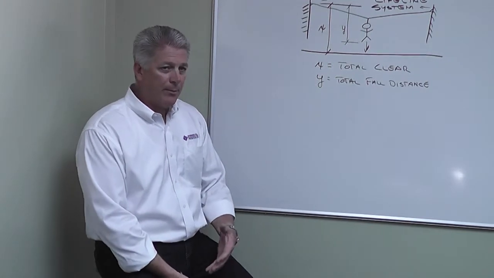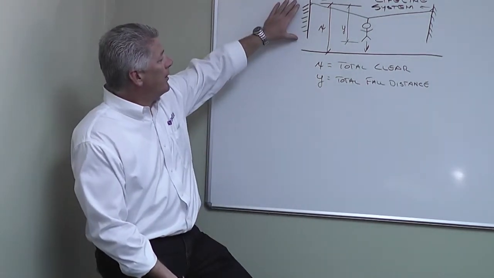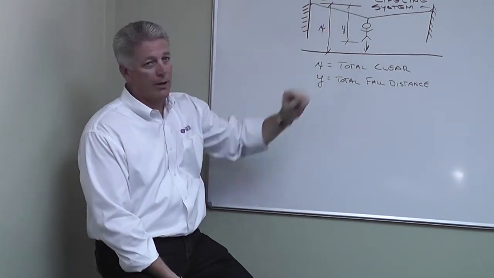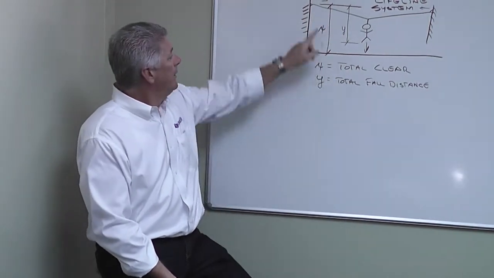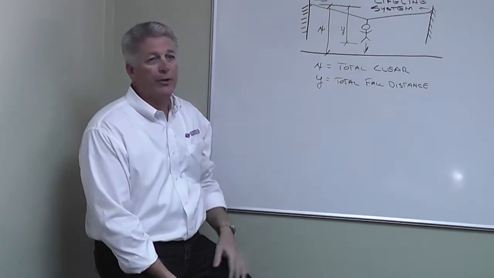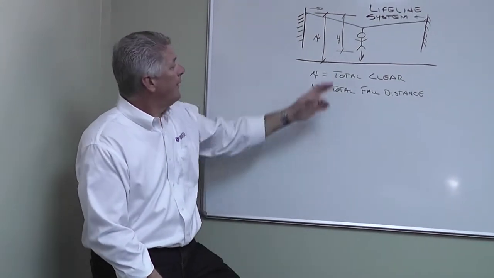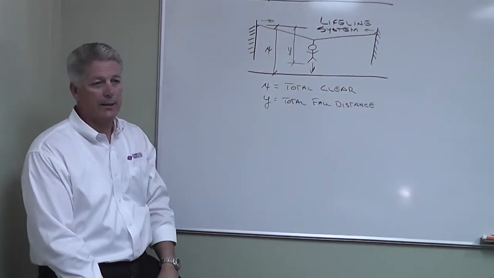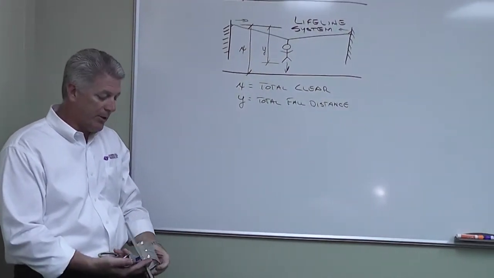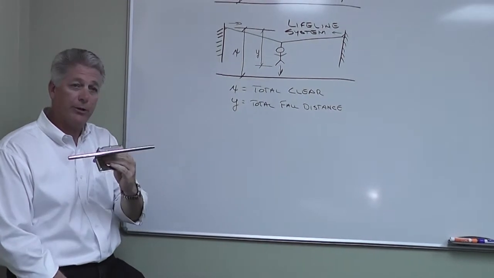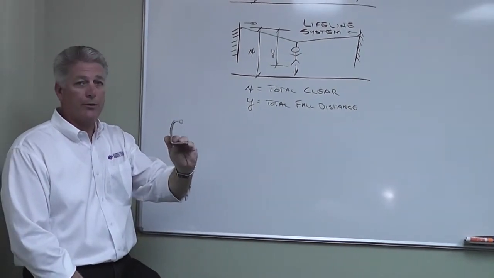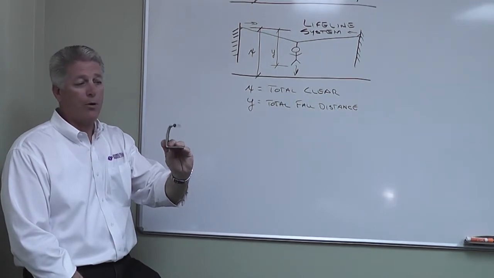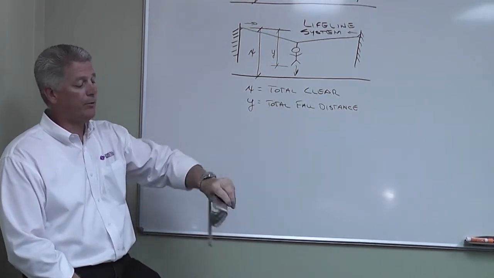One point I would like to make, on horizontal lifeline systems, you have multiple connection points along the length of the lifeline. The end connections are referred to as end anchorage connections. And then you're going to have at various different intervals what's referred to as an intermediate connection. An intermediate connection is a device that looks like this. You'll notice that there's a hole that runs through the center of the connecting point. The cable runs directly through that hole, and then you have the attachment, which are going to be attached to